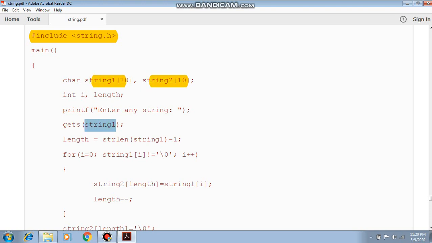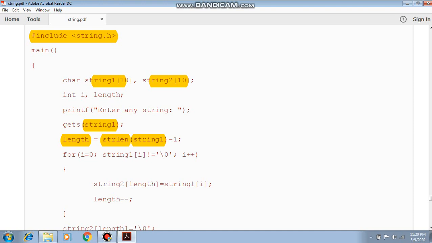String 1 is our original string. So we are counting the length. Here we have to use the string library function strlen. Strlen with the string 1 in brackets actually calculates the length of the string,